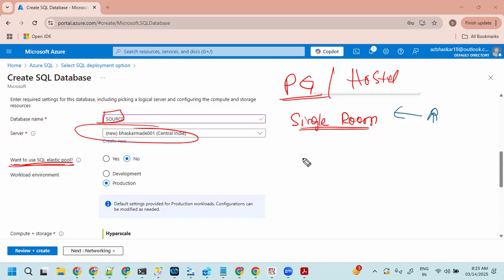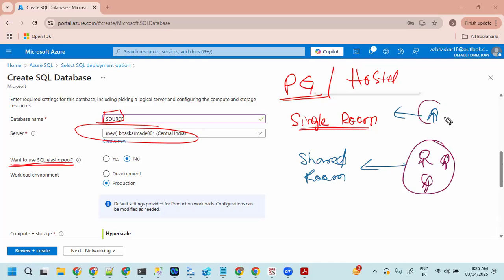And in some places there is a shared room. A shared room means it is going to be shared by multiple persons. Let's say, for example, there are 3 persons, so 3 persons are sharing this, and here it is used by only 1 person. So that is what the elastic pool says.